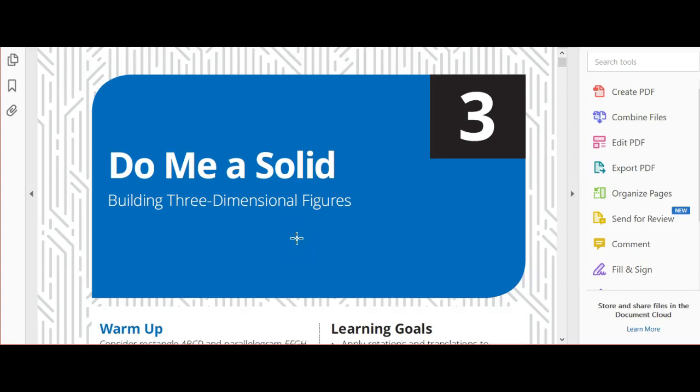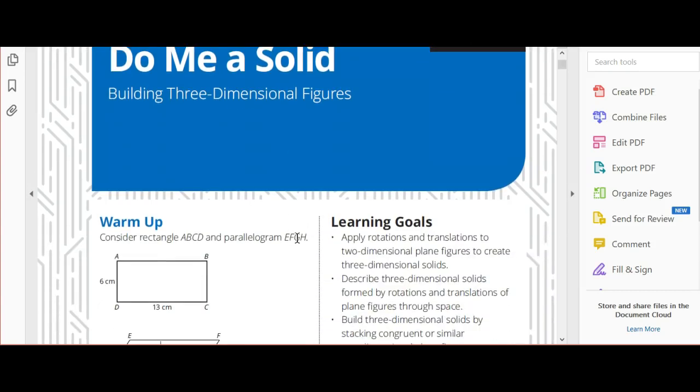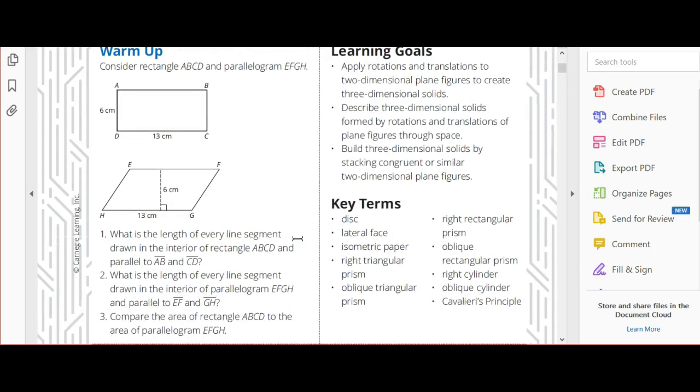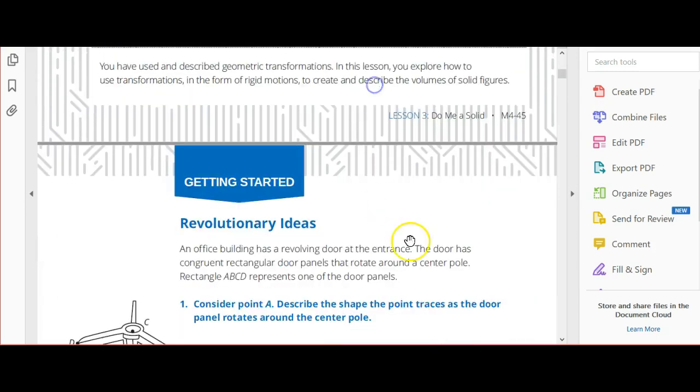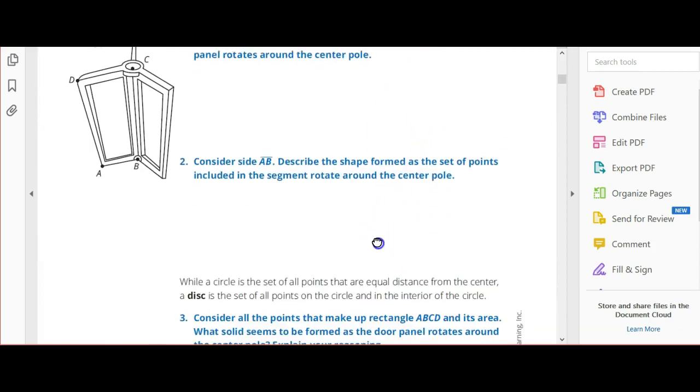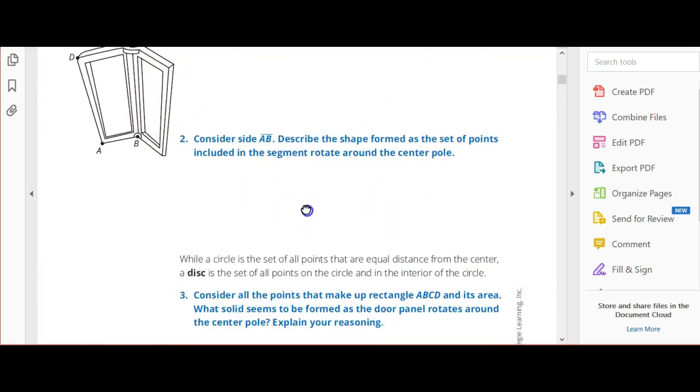Okay, so we started talking about this yesterday, and hopefully you've got these key terms figured out here. I'm going to zip through what we've mostly talked about. Rotating a rectangle produces a cylinder,